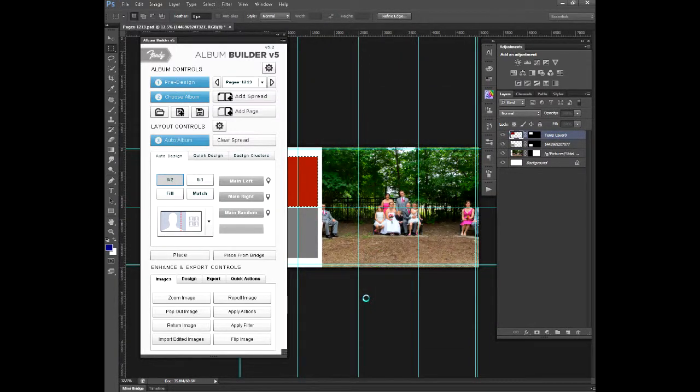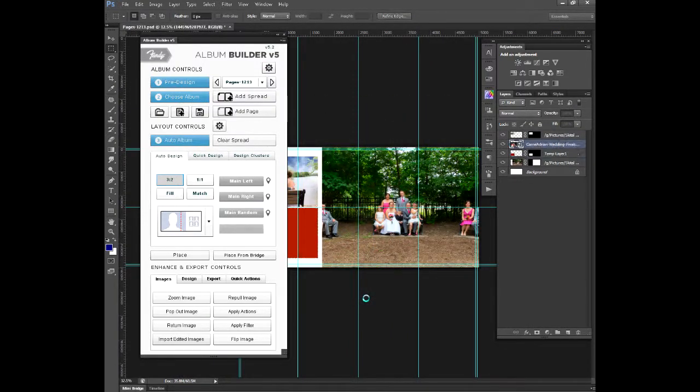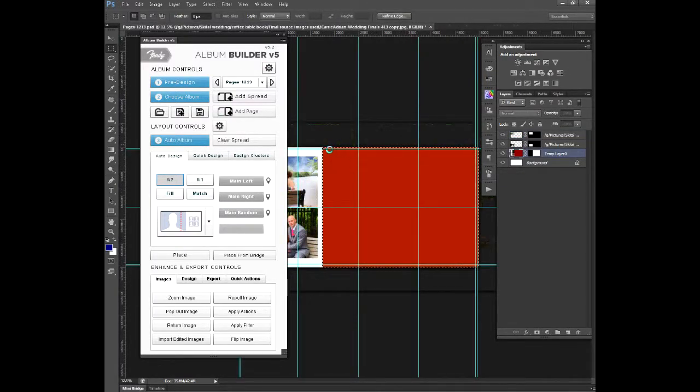I believe this is a 10 by 10 album, so these spreads are 10 inches tall by 20 inches wide, and this is going into a lay flat book, so there shouldn't be any seams or anything like that. Okay, so now that it's done, we can already see back here it pulled in the image we wanted, and we're going to select this layer, we're going to hit zoom, and then it's going to basically open up that one layer so we can